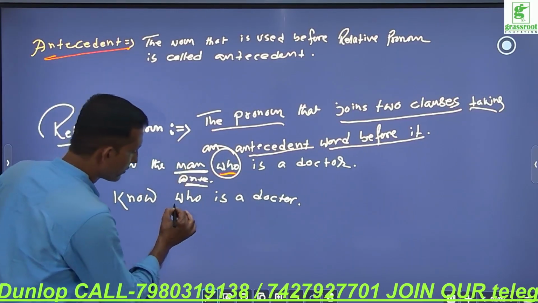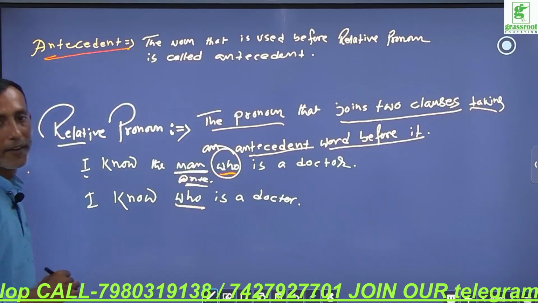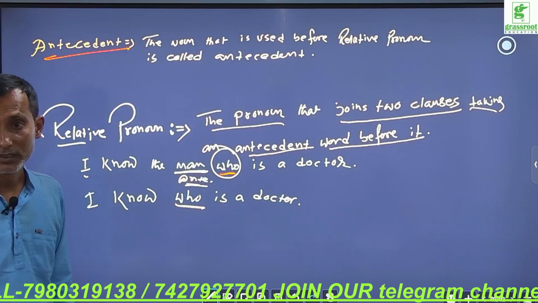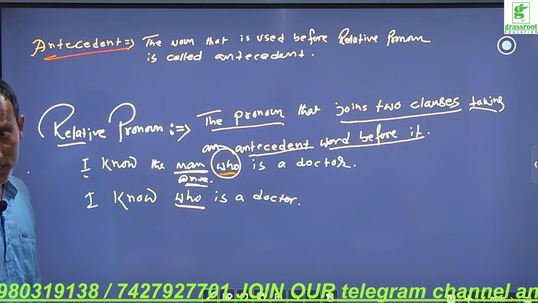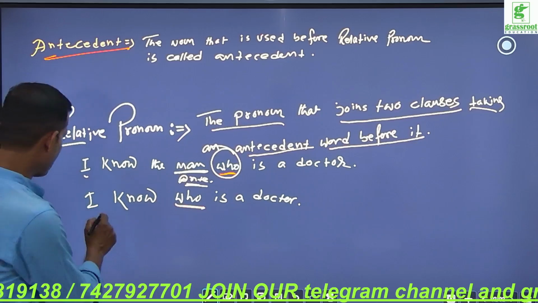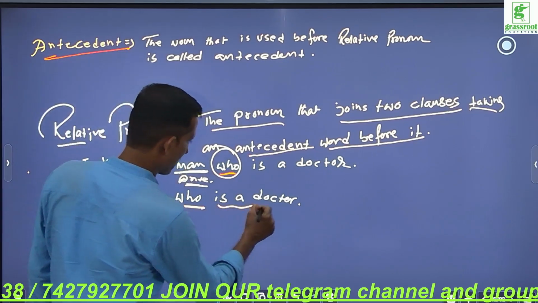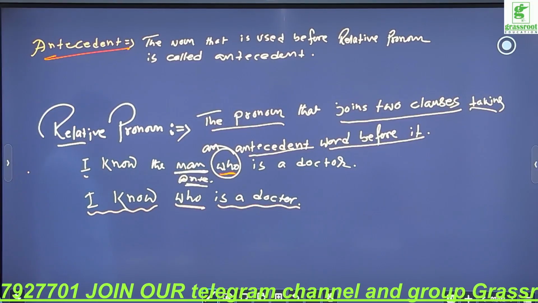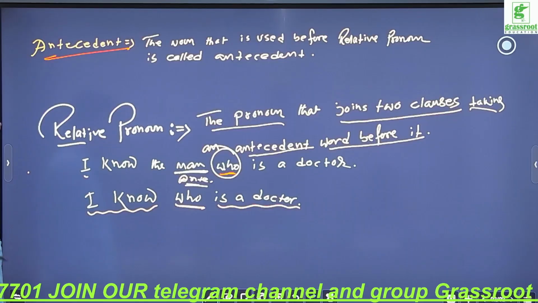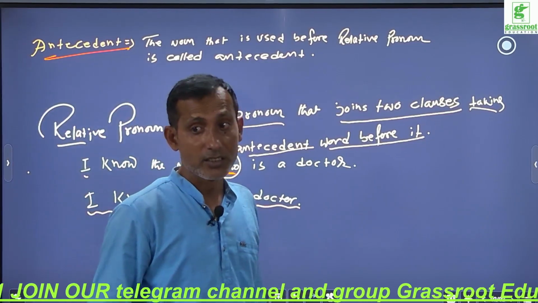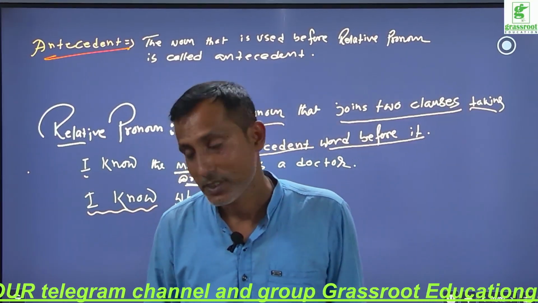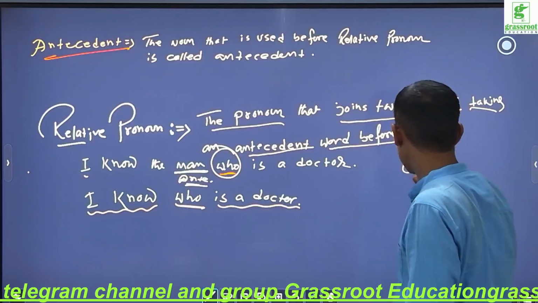Here, what is who doing? It joins two clauses, it connects two clauses, that is, I know and is a doctor. What parts of speech can join or connect two clauses? That is conjunction. So here who is